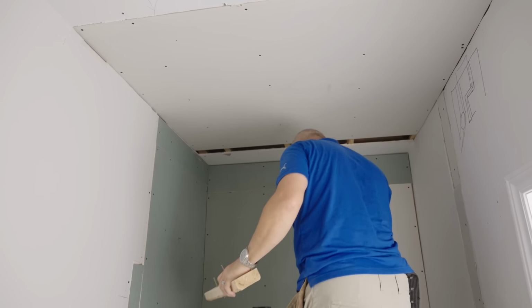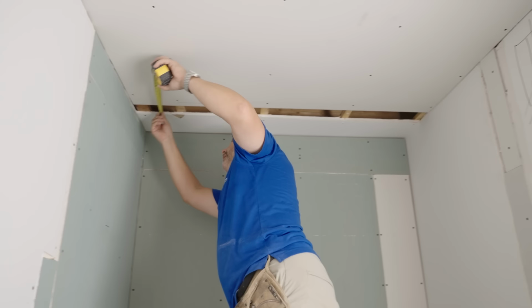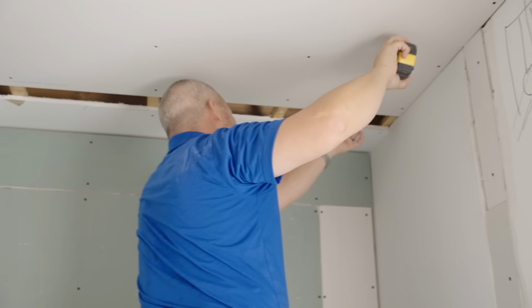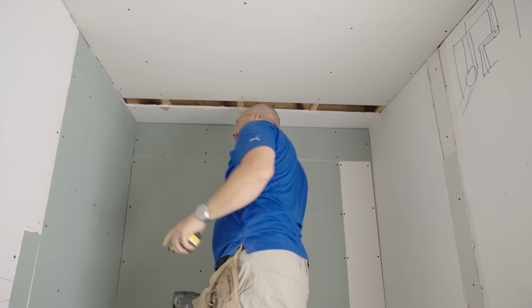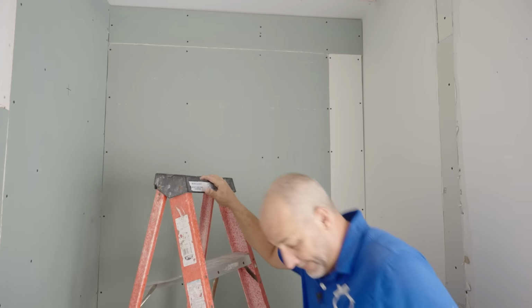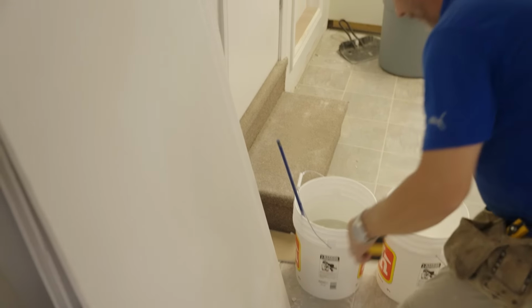Okay, let's get that put aside. Let's get that last measurement. One more to go. That's almost consistent. 3 3/4, and it works its way down to 3. All right, that's 55.5. Let's go get that cut. So we're going to go from 3 on the skinny side, 3 3/4 at this length, and then